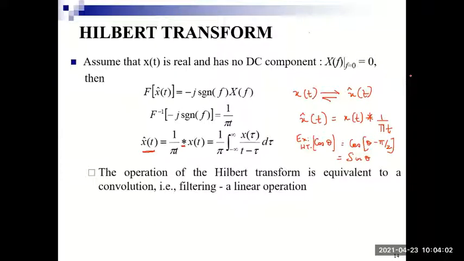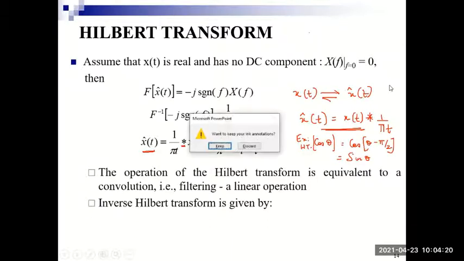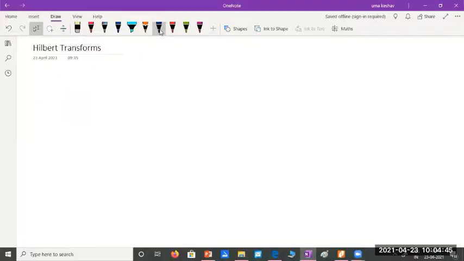So finding Hilbert transform of a signal involves shifting it in phase by minus pi by 2 or minus 90 degrees. And why this is obtained as a convolution integral, let us try to start off with the signum function, and from there I will show you how this equation can be derived. Okay, let's start off on the derivation showing how the Hilbert transform equation can be obtained. Okay, so we know the basic definition of Hilbert transform.